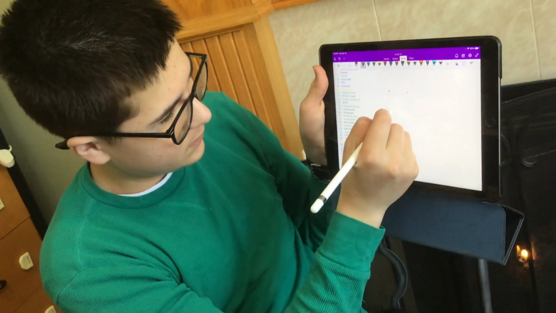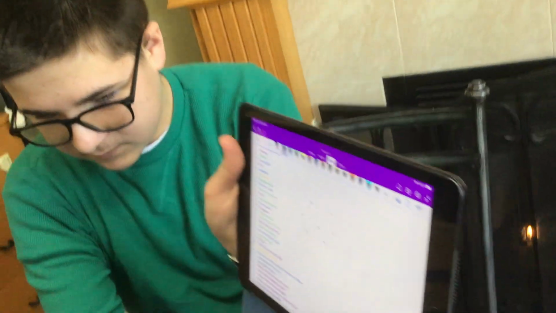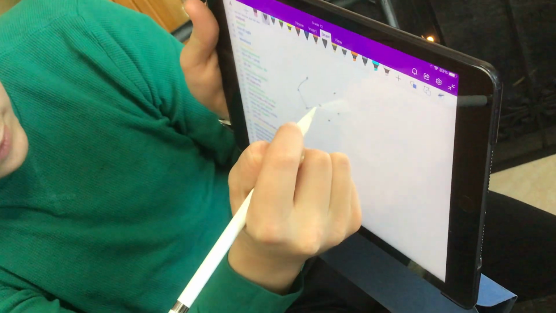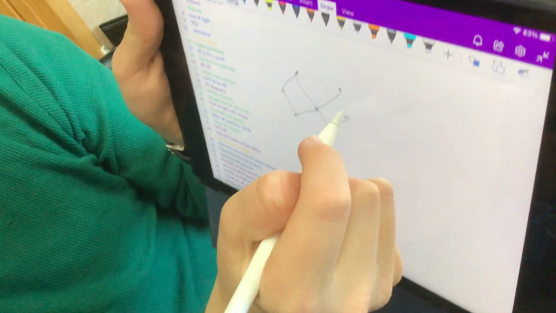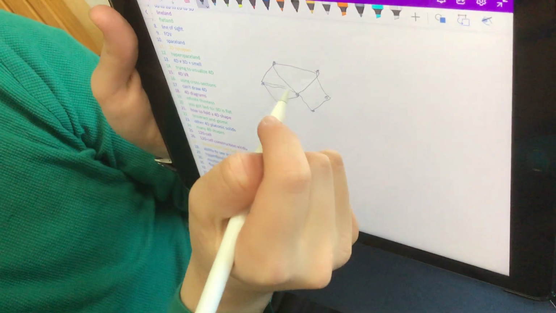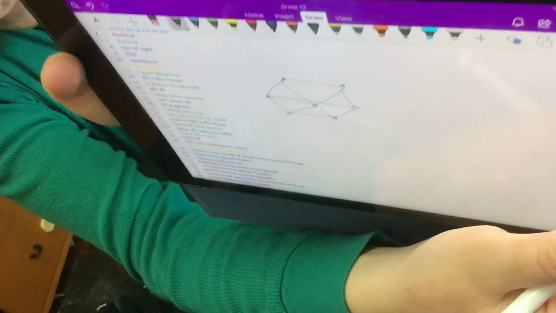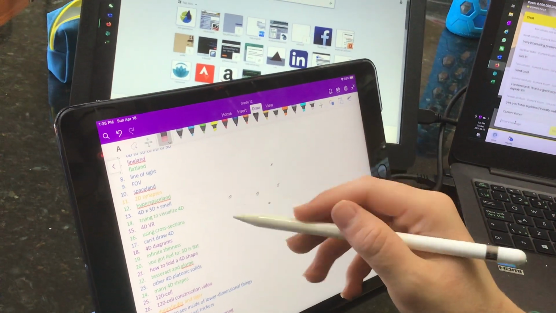So for a cube, one way to do it would be to have points here, 6 points for 6 vertices. I'm not sure you can see it. You can see them right there. And we connect them how a cube is connected. So there'd be the 6 faces of the cube. Those are the 2 squares, and then we would connect the connections, and then we have a projection of a cube. So that doesn't look like a cube, but it is basically like a cube. And you can look up tesseract two-dimensional diagram, and you can probably find one like that. And so they sometimes look really complicated because they show all the